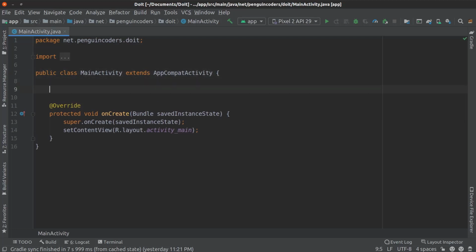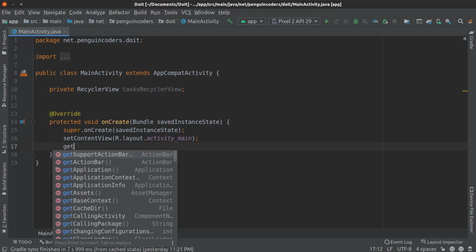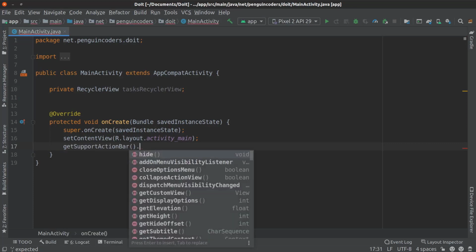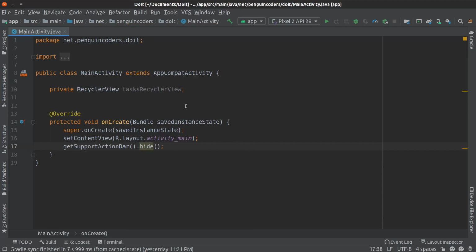I'll define the recycler view as private RecyclerView, and the name of the variable will be tasksRecyclerView. We also need to hide the action bar here, so we will write the same line, getSupportActionBar dot hide, so that we do not show the topmost navigation bar in our application.